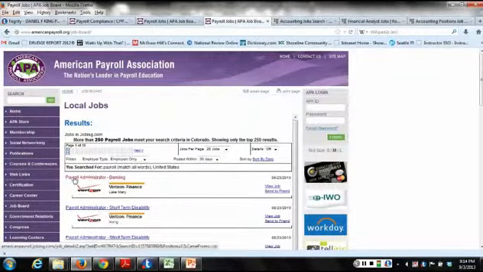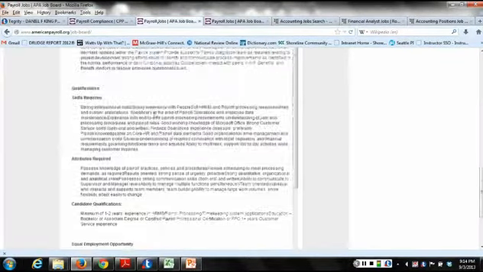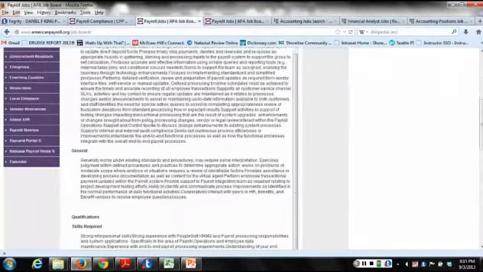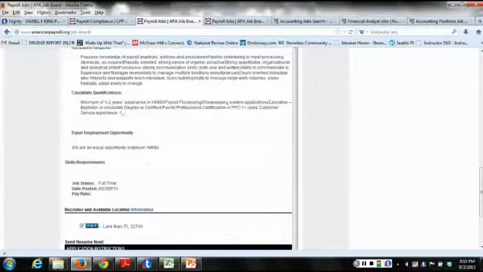Now I clicked on this one here, payroll administrator and banking, just to give you some idea. These are the job description, responsibility. This is a higher level position, and I'm sure it's well paid. It's in the banking industry, but I want to draw your attention down here. This is interesting. Candidate qualifications. At this level, I mean, you would normally expect bachelor's degree, master's degree, nothing else. Because payroll is such a specialized field, and because that field has kind of developed outside of academia, it's taught, it's part of